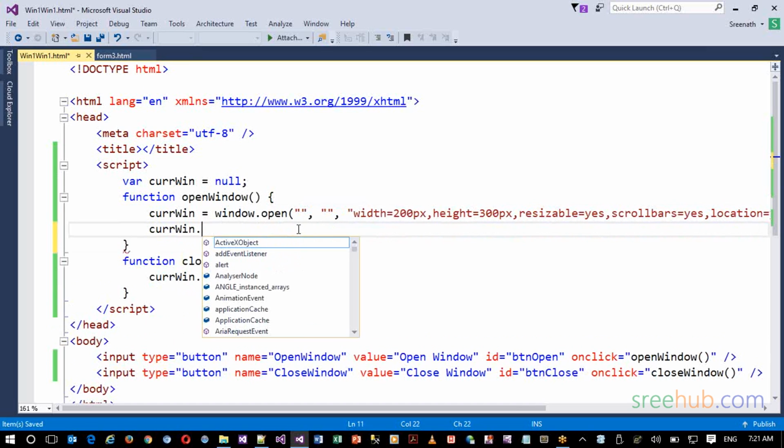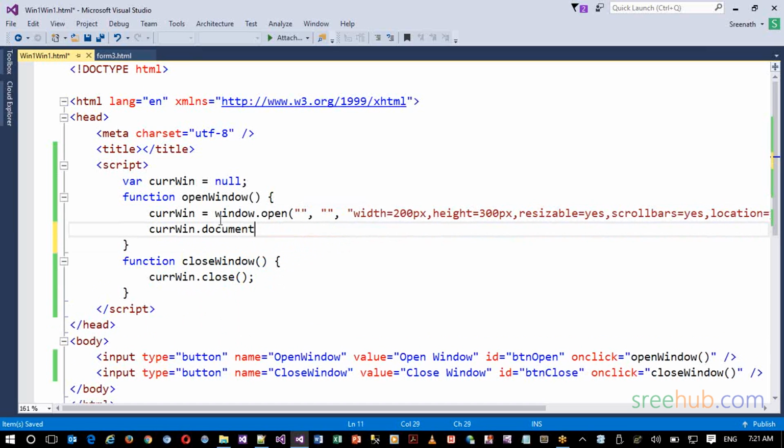dot document. So when I say document, we know that document is an object under the window object, right? So I'm taking the window object dot document dot write, which we have already seen so many times. I'll say welcome. I'm just showing some message. This is new window, for instance,